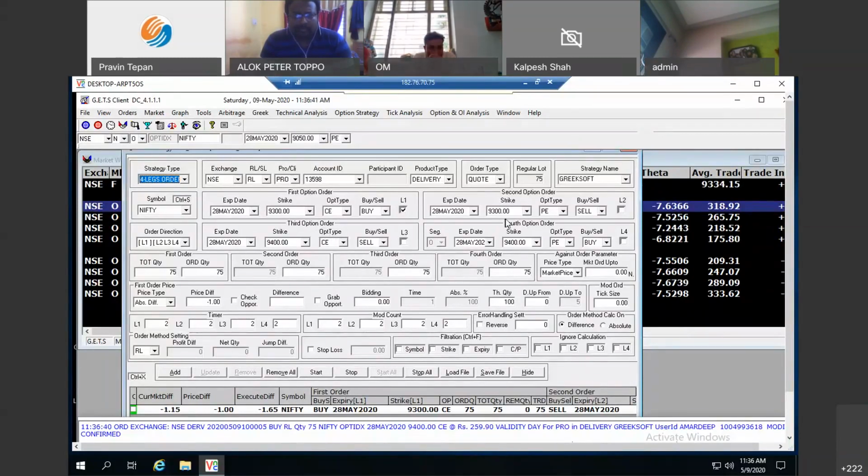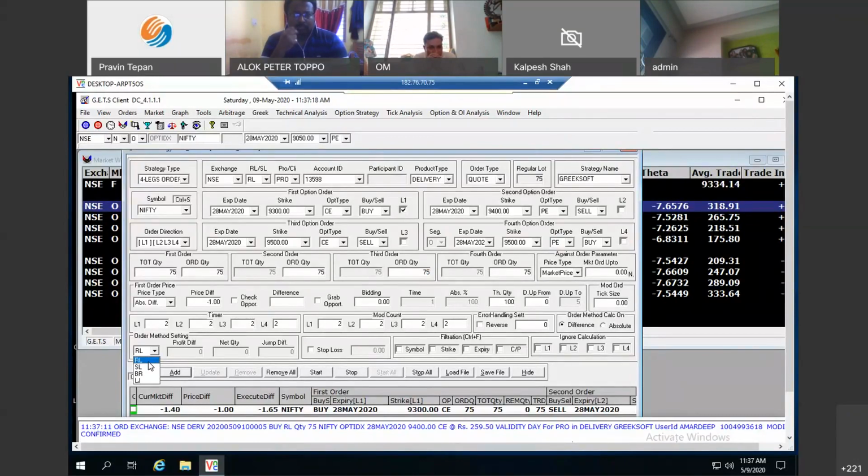So say for example, if I have to choose 9300, 9400, 9500, 9600, or any 4 leg combination that you want to choose. Choose two calendars, or maybe two straddles, two strangles. You can make any 4 leg combination. Again, the ratios as well, if you really want to change the quantity, a 4 leg combination is possible. And same, you can do it in regular order, close order, bracket order, and jump.